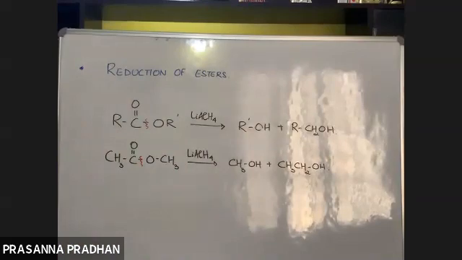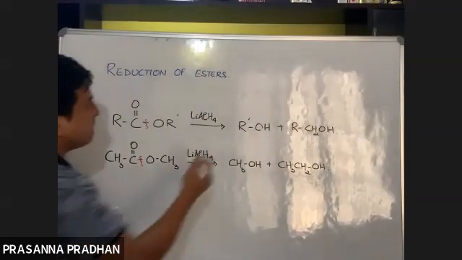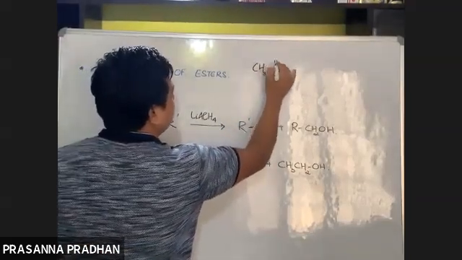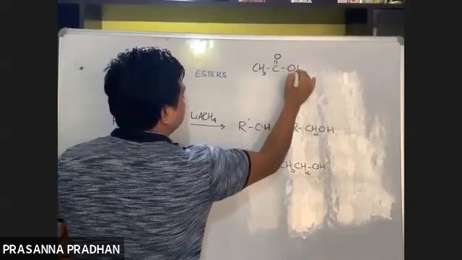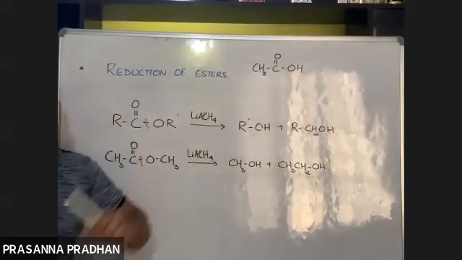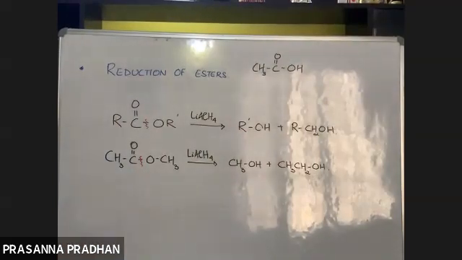So what did I tell you? What is the name of this compound? It's methyl acetate. How do we derive the name? This is a common name, not the IUPAC name. Now, what is the name of this acid? What is the common name of this acid, not the IUPAC name? Acetic acid. Good. Now look, listen.